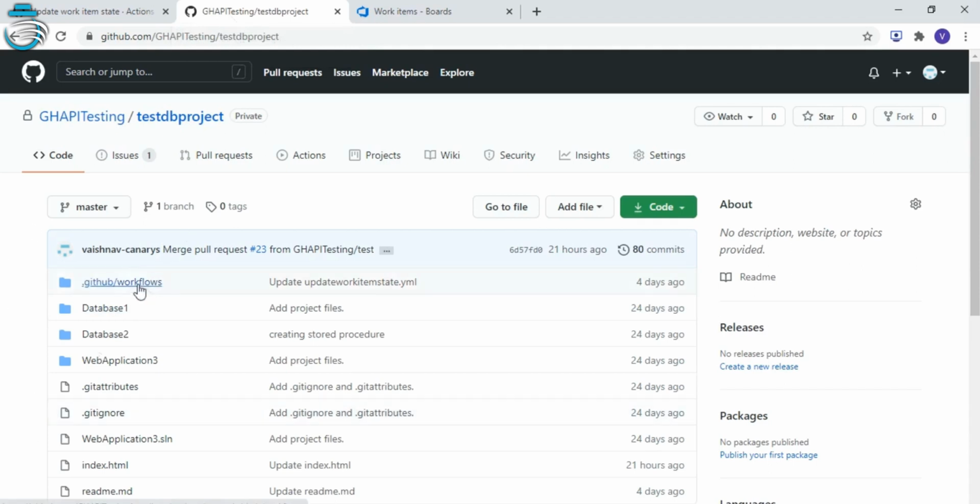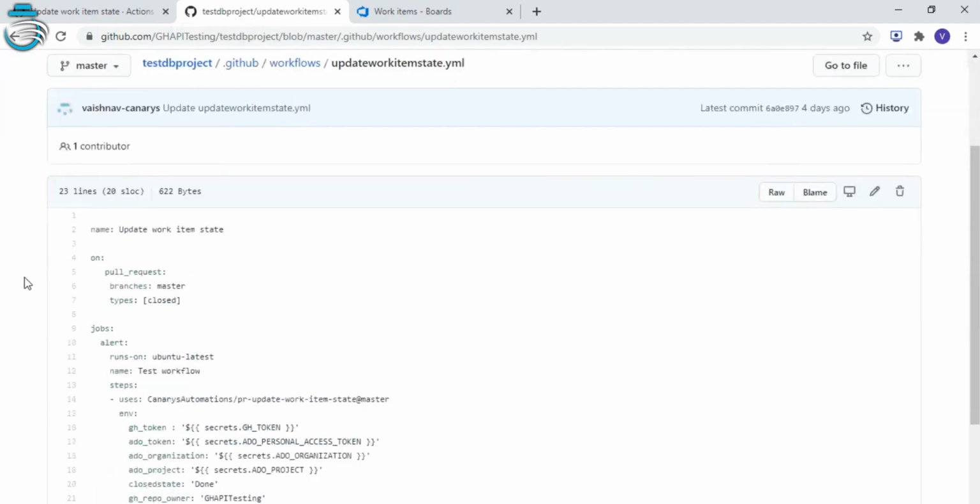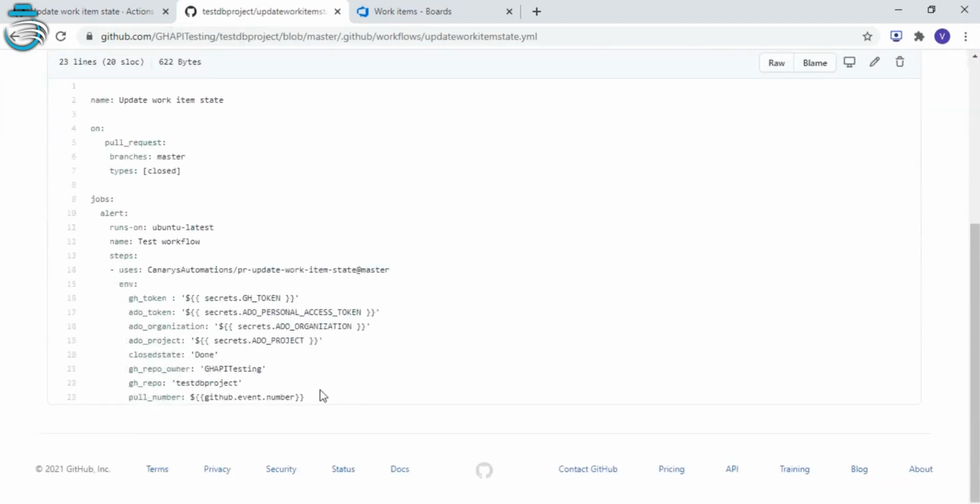Once your work item is created and your integration is present, the next step is to add your workflow. If I open the workflow which I have added, this is the exact workflow we added from the sample workflow, and I've added my repository name and my repository owner. I'm asking the action to check that if my work item state is already in Done state, then the work item state should not be updated.